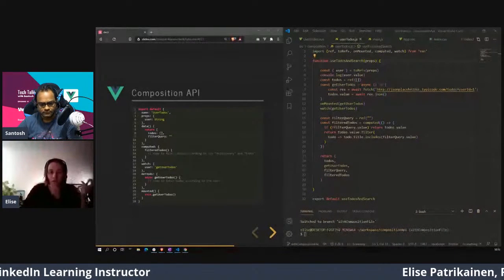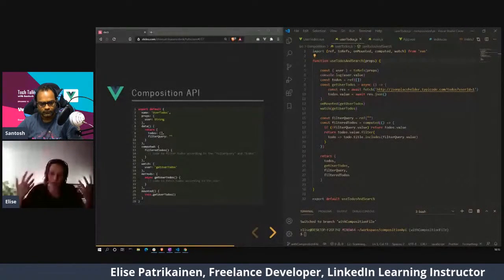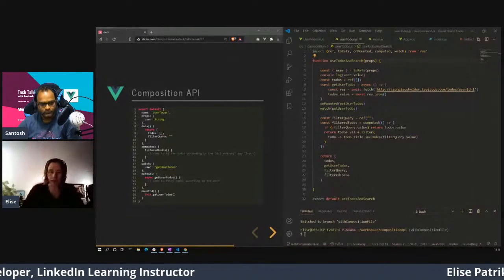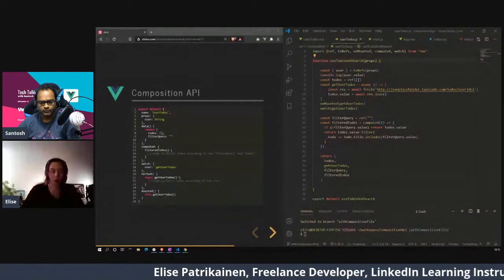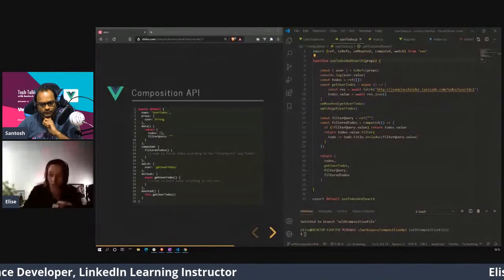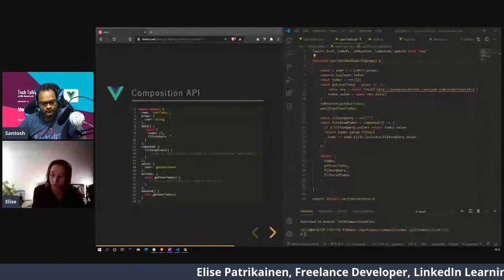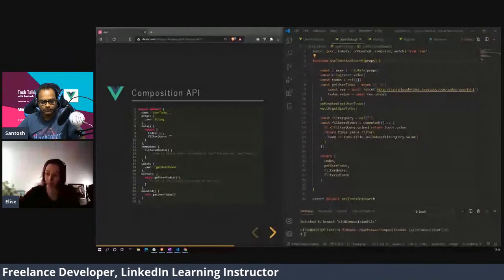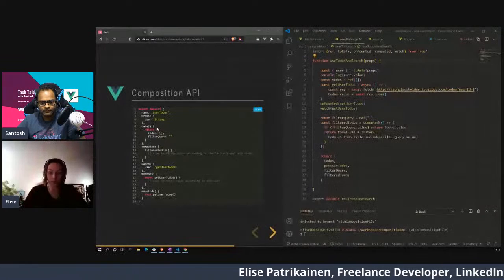Yeah, that's one thing. But basically, for the component to be functional, to be able to do what it does, you need to split it in options. And outside of the developer experience, if we split it into options, then we are able to tell Vue, okay, this property, for example, is supposed to do something specific. This method is supposed to do something specific, right? So, for example, all that we put into data,